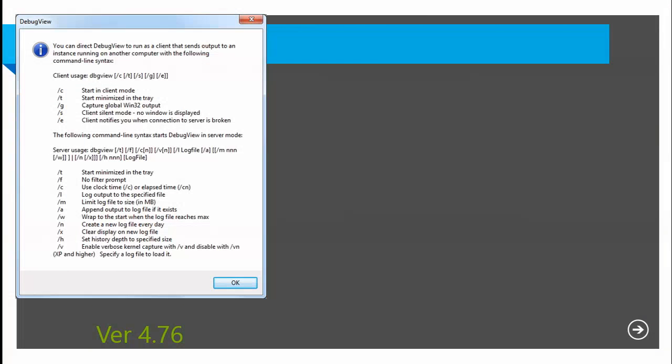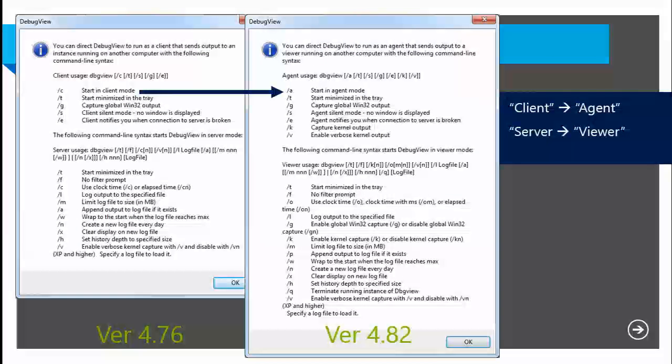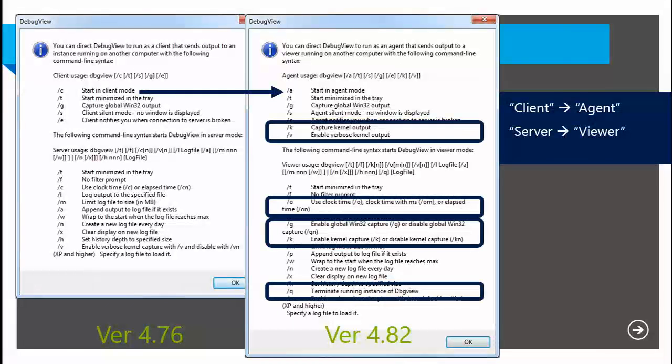Debug view. The book is accurate and complete, except that one new command line option is coming. That hasn't come out yet. But for those of you who were using debug view, which captures debug output spewed out by applications and kernel mode drivers, the command line syntax got totally redone as a result of the book. So instead of this client and server name that didn't make any sense before, it's now agent and viewer. The -Q option is the new one that will be coming out sometime soon. We also added options to tell debug view up front what kind of events to monitor.